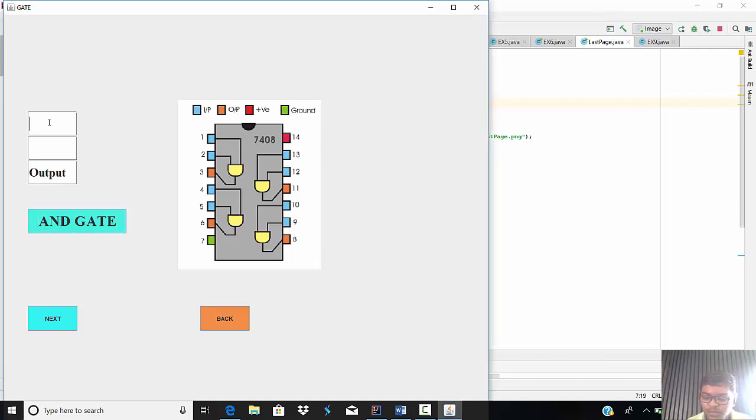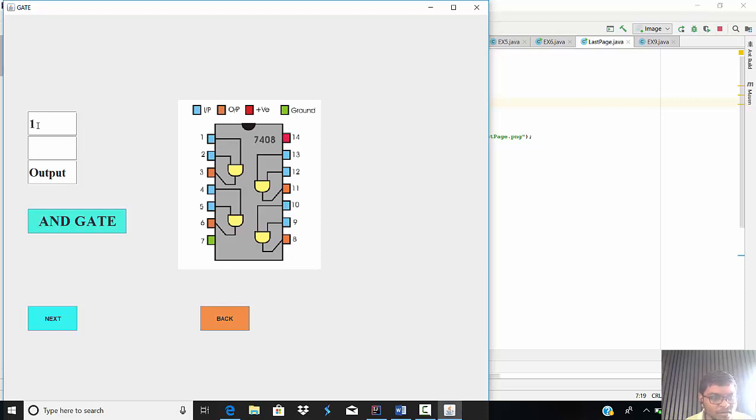Then I input not 0 or 1 data, 1 2 and 2 0, then click, and it gives me the error message: enter 0 or 1 data.